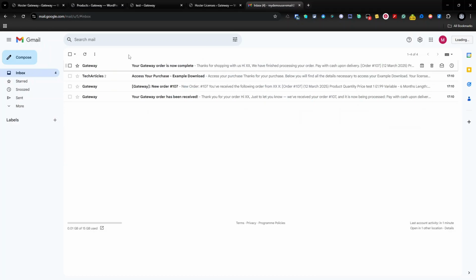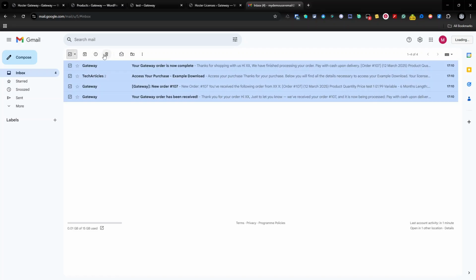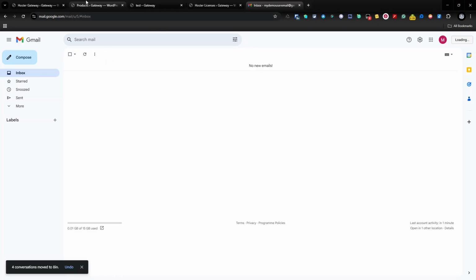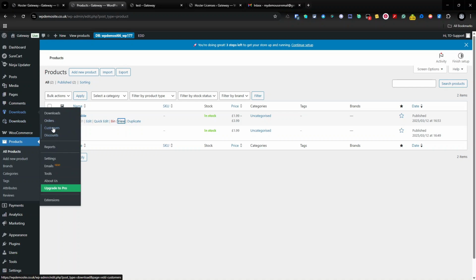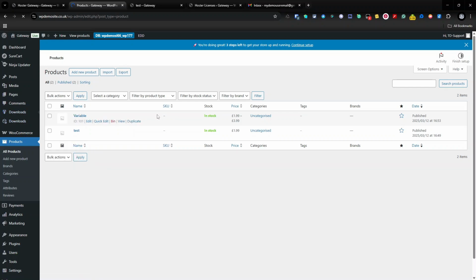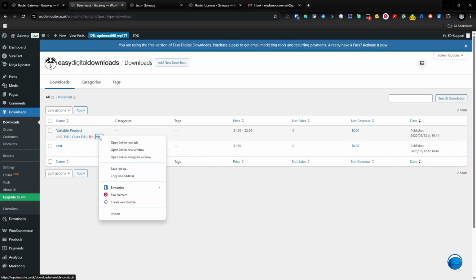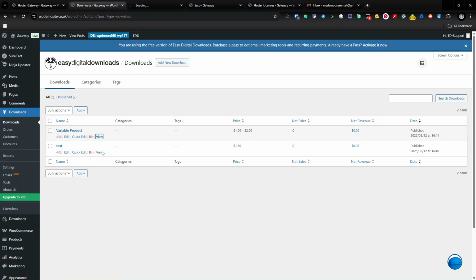And you'll see here I've got a whole plethora of emails, including 2 access your purchase emails, which are the same as the other one. So I'm going to delete those as well, and I'm going to head back down to the site, and this time we're going to go to EDD, and we're going to look at downloads, and I'm going to view variable product, and I'm going to view,